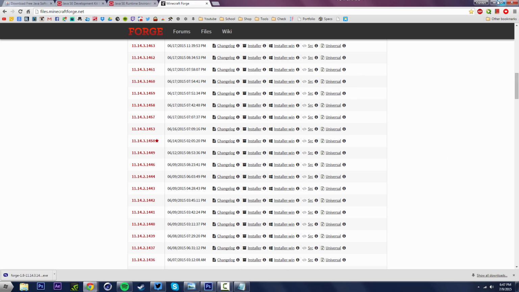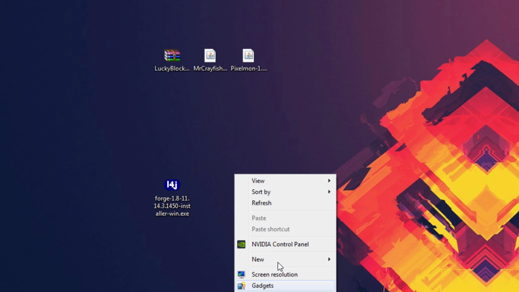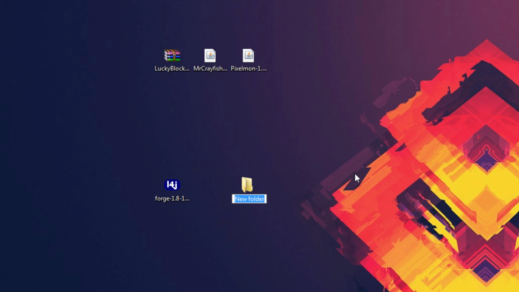But anyways, now what we're going to do is just minimize our browser here, and there we have the .exe file, the executable file, and we're just gonna right click, hit new, and create a folder called modded server or whatever you want to name it, doesn't matter. There we go. Alright, now what you want to do is just go on this and right click and run